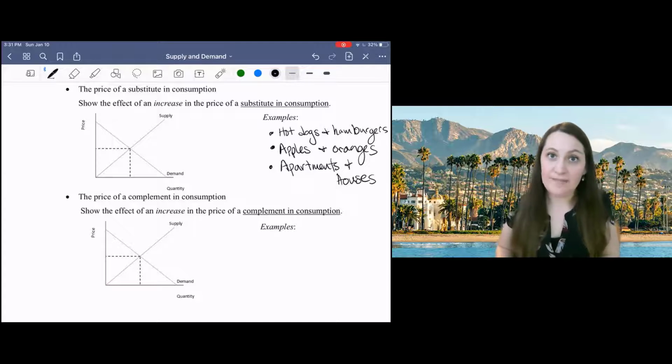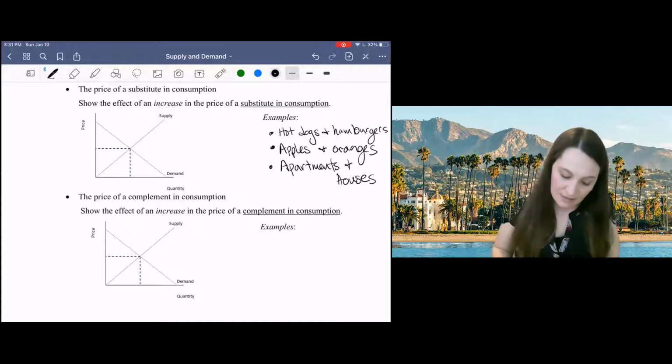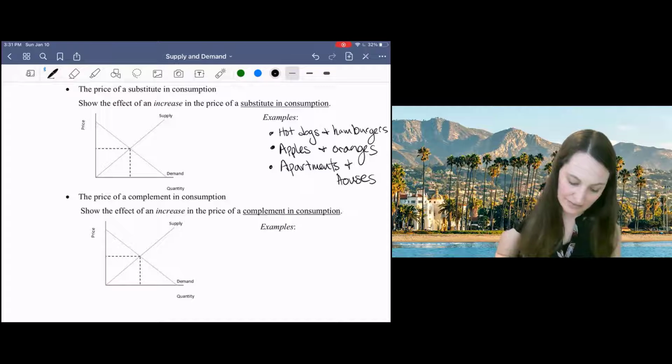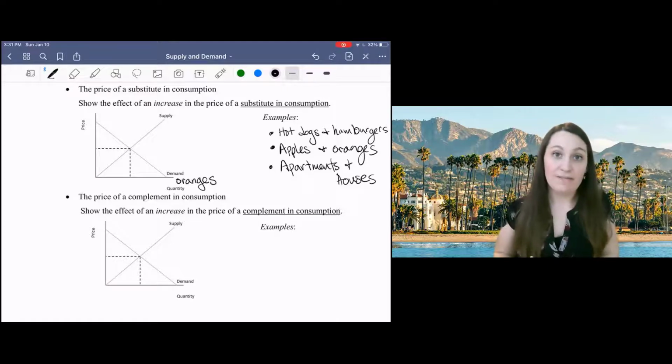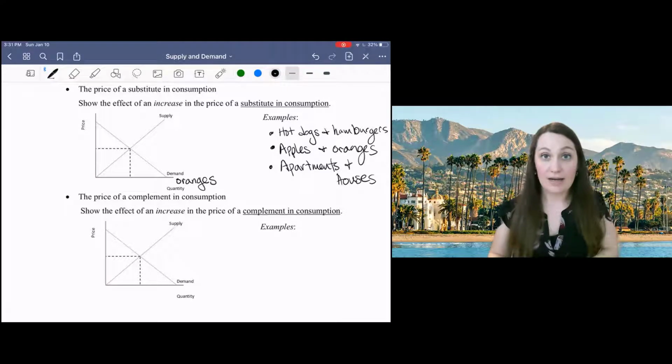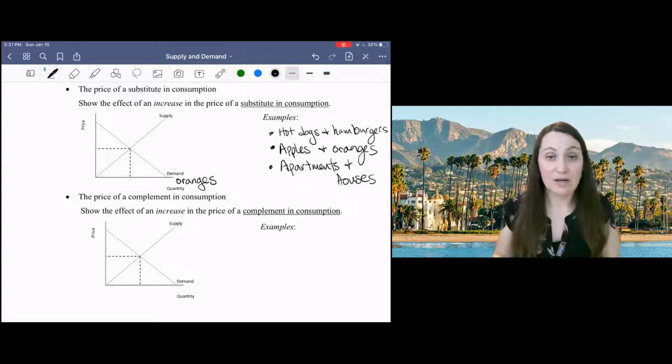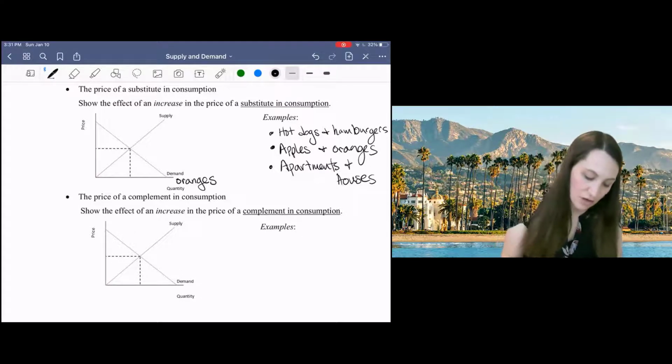Let's take the example of apples and oranges. Suppose we're interested in how the price of apples affects demand for oranges. So now we're thinking about the effect of one market on another. It's important in this case always to keep in mind which good you're analyzing. So here we want to think primarily about the market for oranges. So if we have an increase in the price of apples,